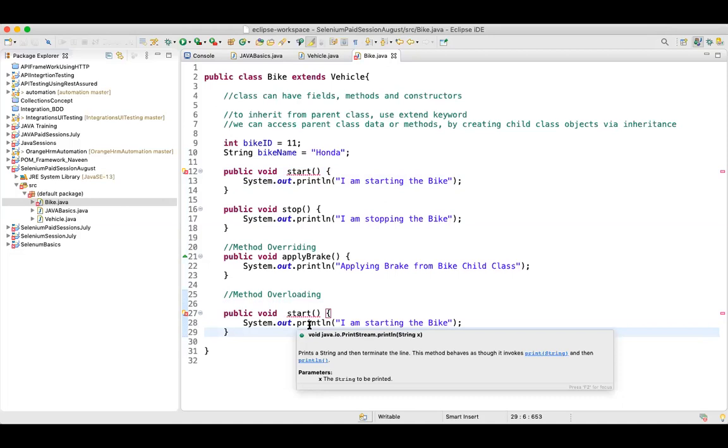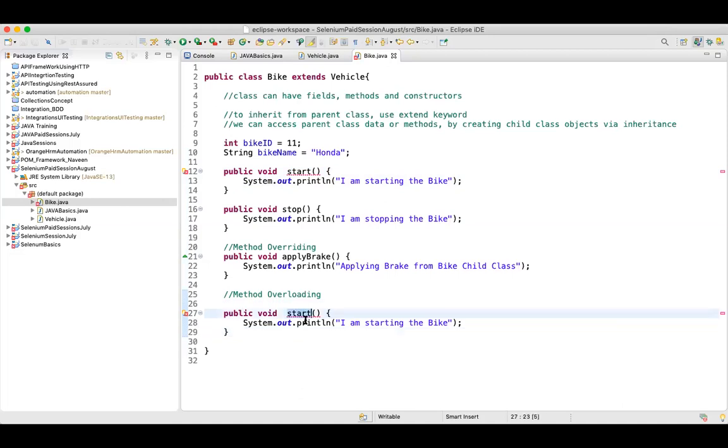Java is giving you an error that there is a duplicate method start in type bike. You cannot have a duplicate method in the same class. So if I rename this to start one, then it is fine. It will start working, right? But how do I have a duplicate method in the same class?